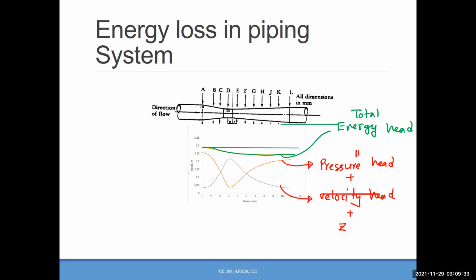So how can we identify this loss at any point, and what are the possible reasons for this loss? That's what we will try to identify. Okay, so this is called head loss or